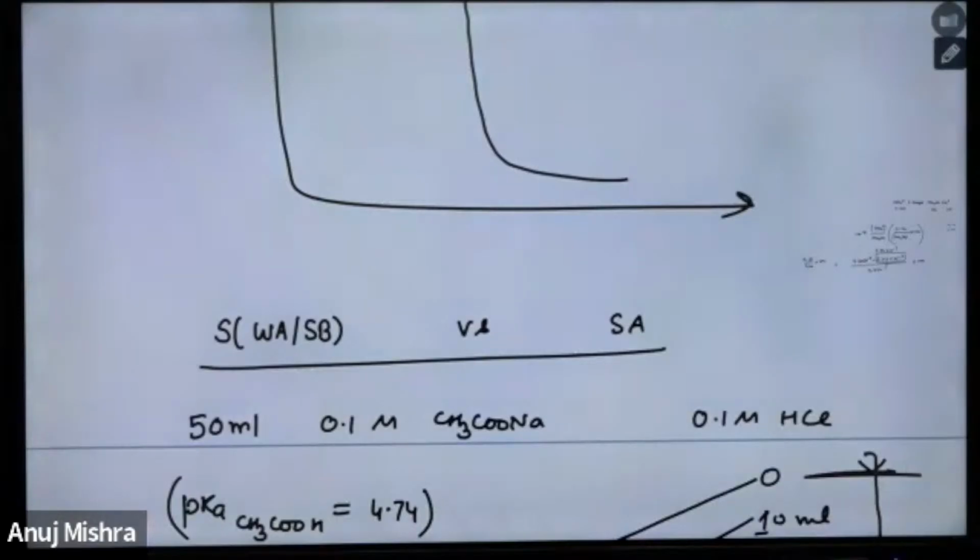Zero ml, what will be the answer? 0 ml, your answer will be governed by weak acid strong base case. What is that value? CH3COONa alone, right? CH3COONa is